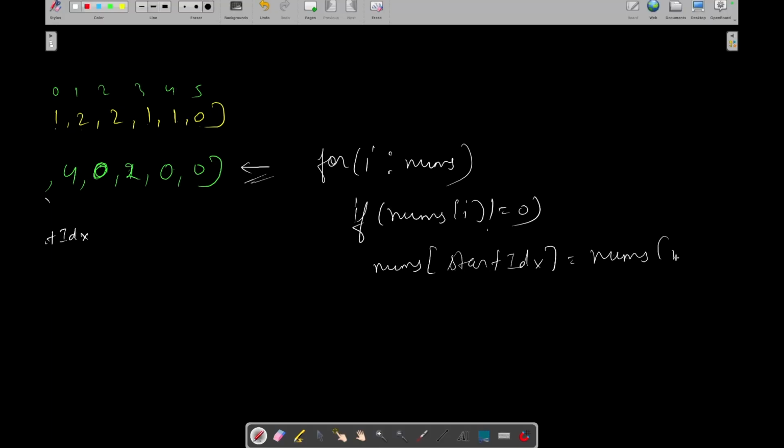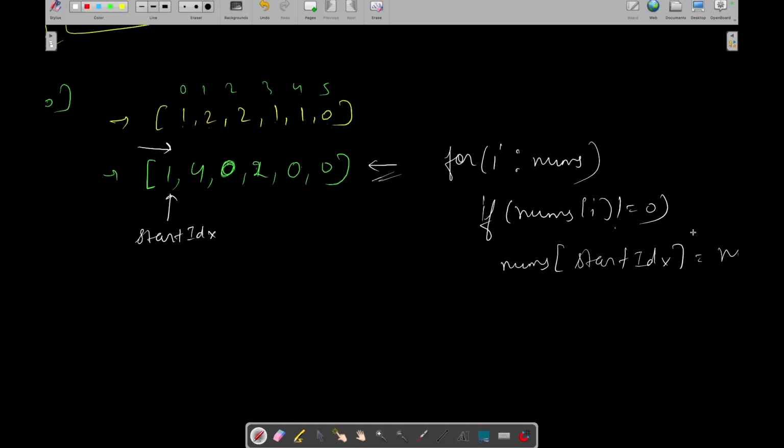So right now let's start updating this vector. Yes, this is non-zero, and we will simply update our start idx with +1. So now start idx is at this and I is also at this.